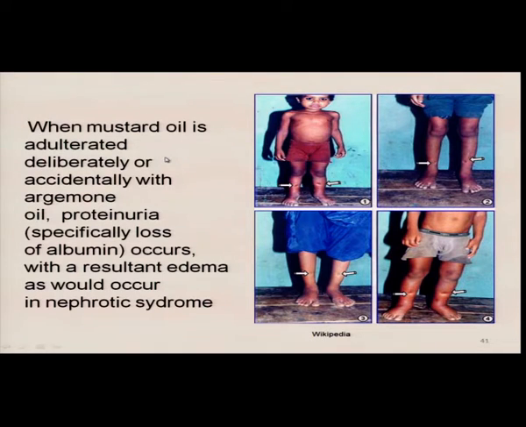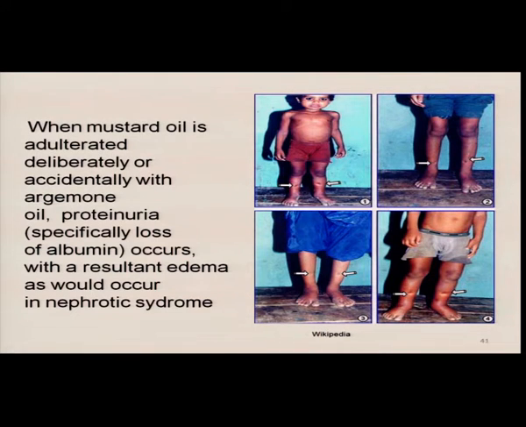In areas where mustard oil is normally used as a cooking oil, or where its use is rampant, there is adulteration of this mustard oil by argemone oil. Mustard oil per se will not harm because you are used to it as a cooking oil. Yes, Brassica species do have some effects, but normally if you are used to cooking in it, it will not do much harm.